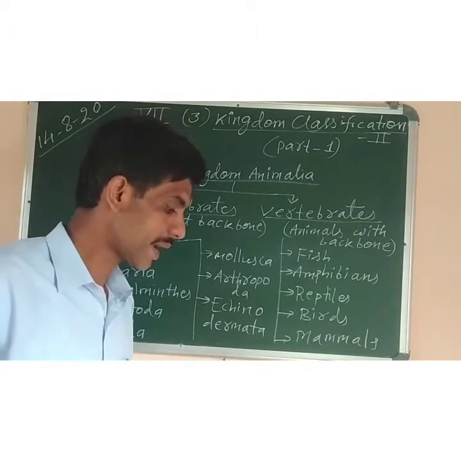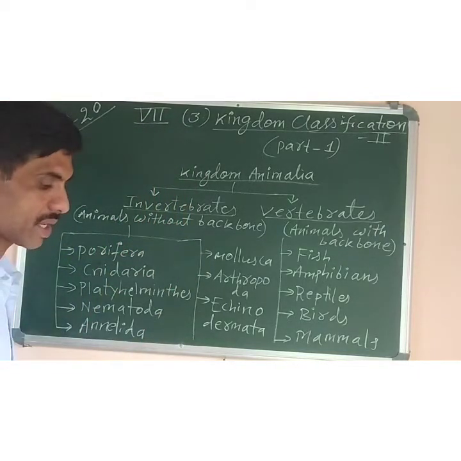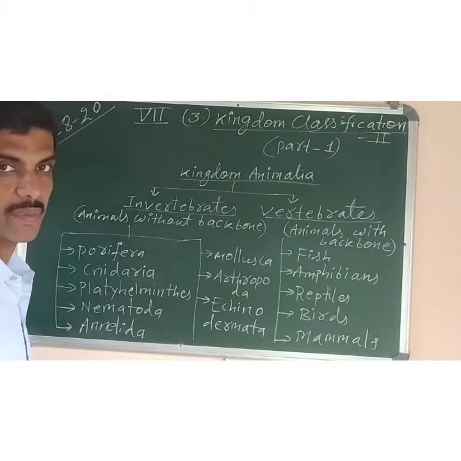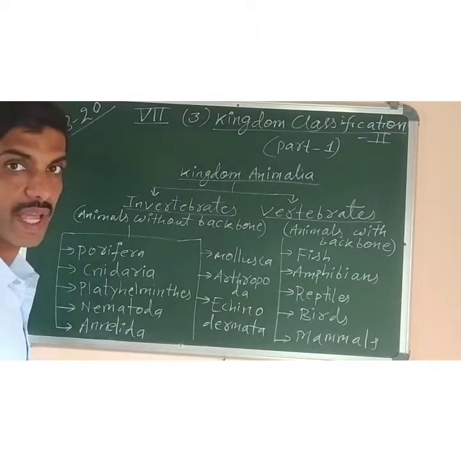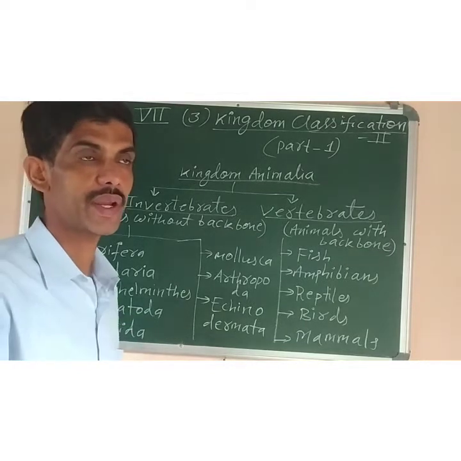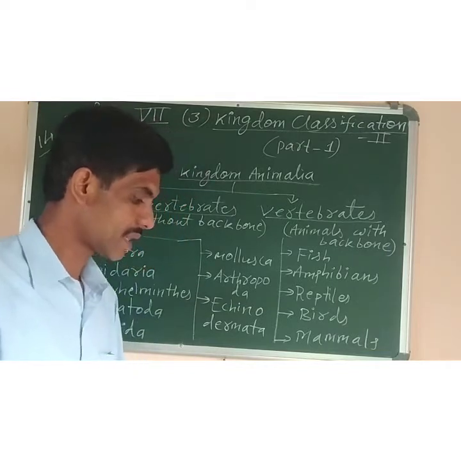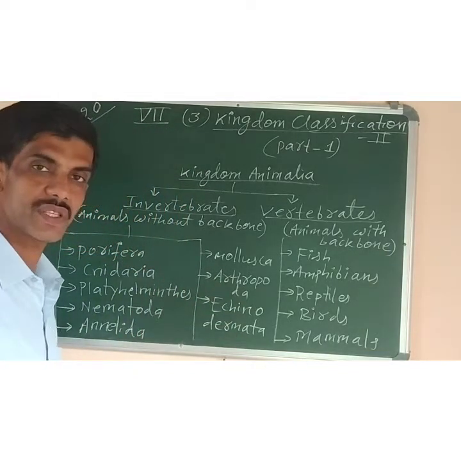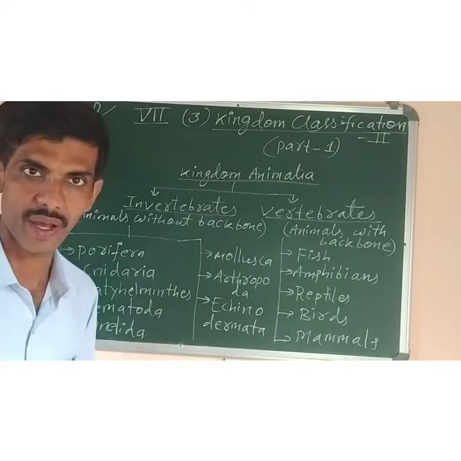And you have to learn that invertebrates make up 97% of all the animals of the animal kingdom. This means the majority of the animals are invertebrates only. 97% means out of 100, 97 animals are invertebrates, and they account for millions of species of animals. So next we have to start with phylum Porifera. Alright?